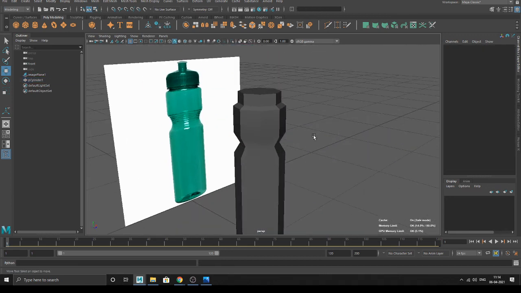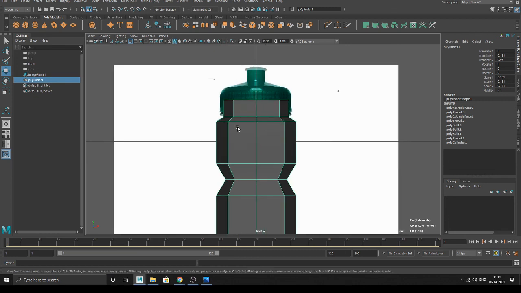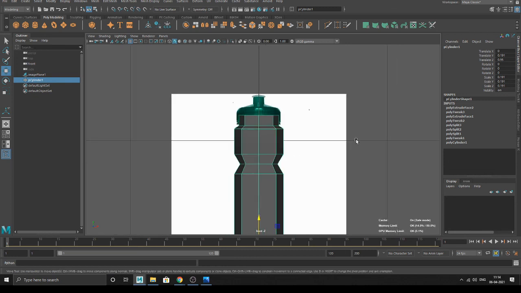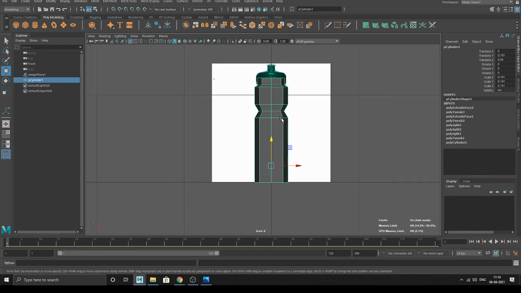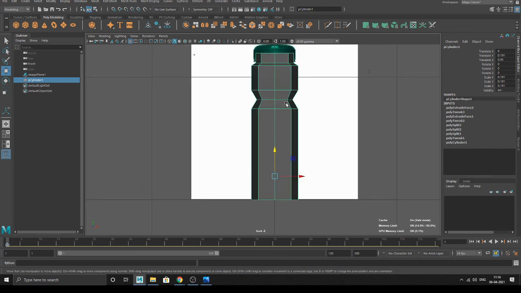This is the basic shape of your bottle. We didn't make the cap; we'll make that later on. So this is a basic blocking part. Now if you want to make any changes, like decreasing the height, you can easily do it. Why? Because it is low poly, just the outline of the shape, so you can change it anyhow you want. So now you know what exactly blocking is used for, and why we block first and then we detail. This was your blocking part.